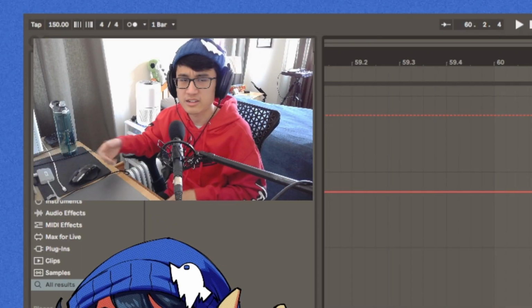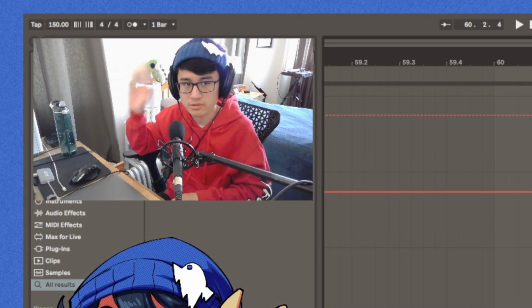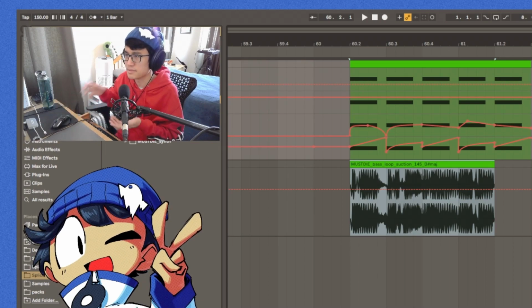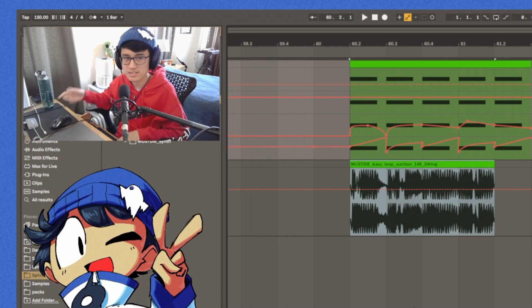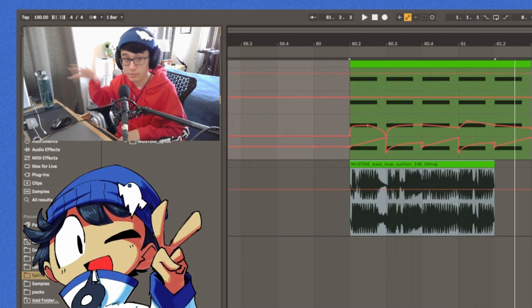And of course, in the song, I layer this on top of other bass sounds. This is just a little bit extra to make it more cool. So I just dropped in this like Must Die bass loop here, and here's what it sounds like on its own. But then if I layer on top of what we just made,